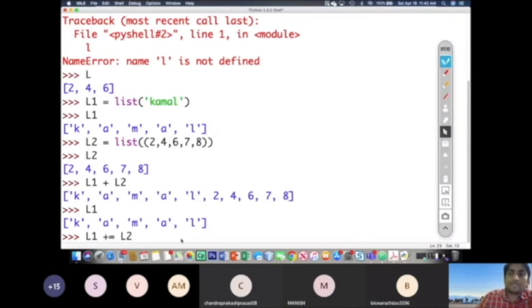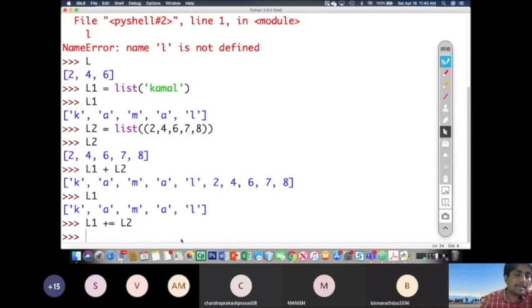If I am writing L1 plus equal to L2, what will be the output? I want an answer from Chandrajit Bose. Chandrajit Bose, you answer please. L1 का आउटपुट क्या आएगा? मतलब L1 प्लस इक्वल टू L2 लिखने के बाद L1 को प्रिंट करेंगे तो आउटपुट क्या आएगा? Suppose after doing this I am writing L1, if I am going to print L1, what will be the output? चंद्रजीत, प्लीज आंसर।